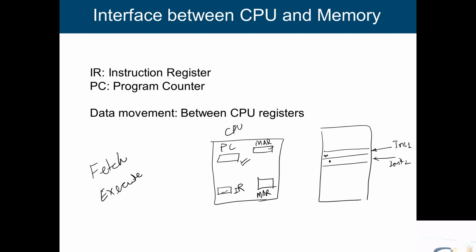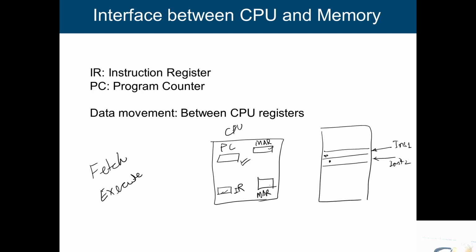Once it comes inside the processor, as we discussed in the earlier case, we have MAR and MBR. We give the address of this instruction in MAR, we read this information, it will come to MBR, and we know that we are now transferring an instruction.